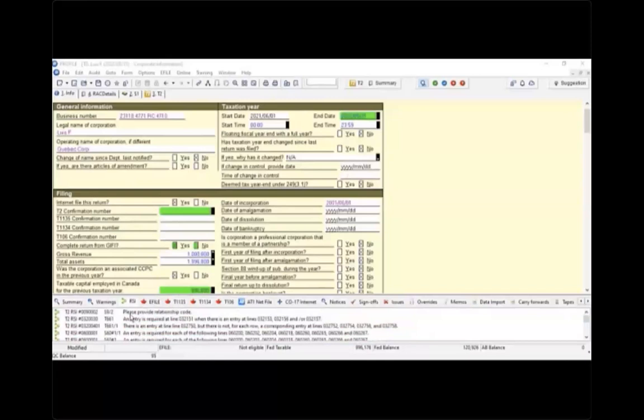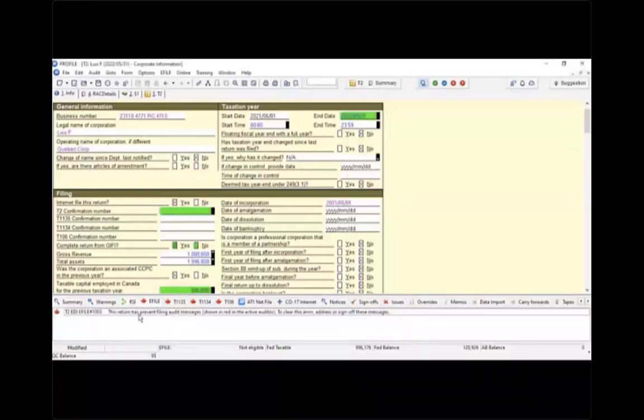RSI messages are a list of issues that will prevent e-filing. The e-file tab will give you the e-file error you received during e-filing. Same with the CO17, it will give you a CO17 e-file error to Revenue Quebec. Overrides will give you a list of all fields that you have overridden in red. Some of them can prevent e-filing. And finally, the data import tab will give you the list of everything that you have imported